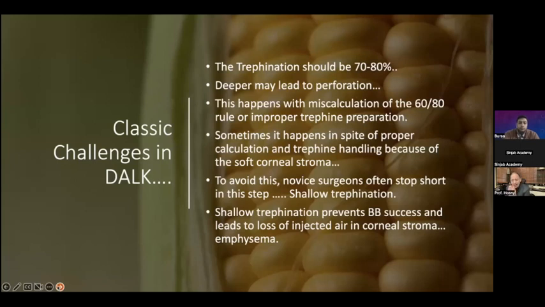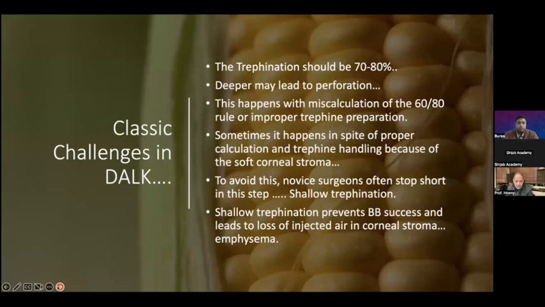And the main aim of the talk today is that if you do not have a femtosecond laser, if you're not very well experienced in big bubble DALC, and if this happens to you, then this is not the end of the world at all. You can always finish up your procedure as a DALC, as a deep anterior lamellar keratoplasty, not even a predescemetic DALC, a DALC where you leave only the Descemet's membrane and a very thin layer of Dua's layer of thin stroma, and you get superb results without separating